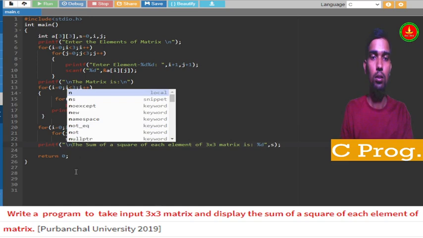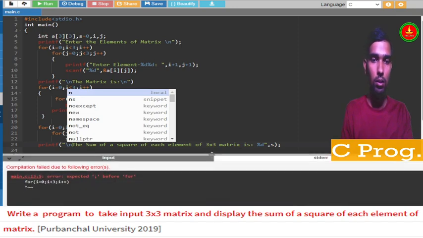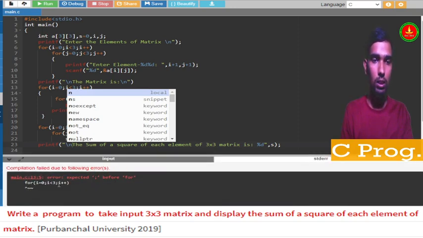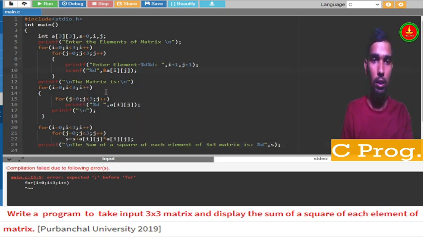Okay, so see now. Some mistake is there. Before semicolon, somewhere I have given a semicolon, let me find it. Line number 13, here I have to give a semicolon.